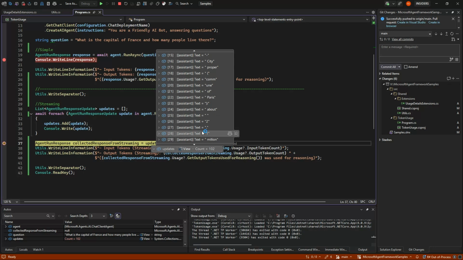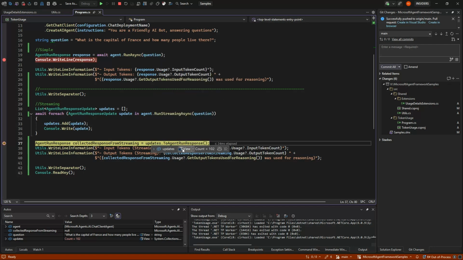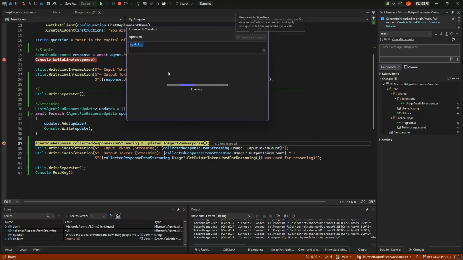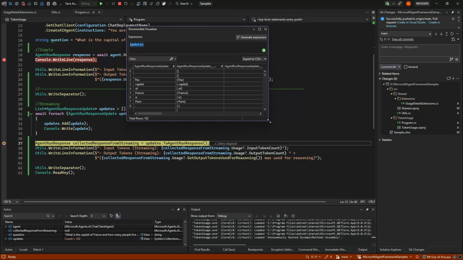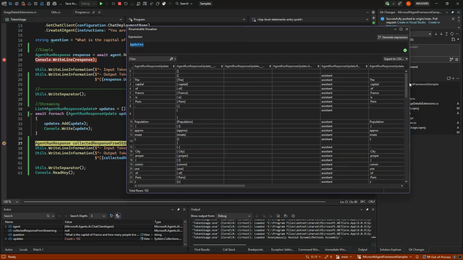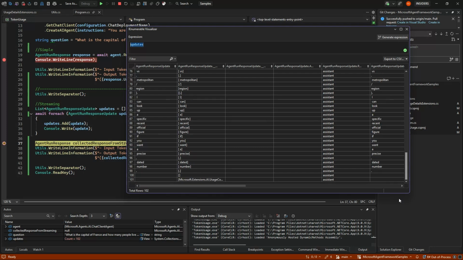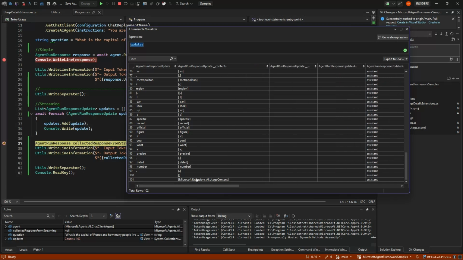Let's actually just press view here so we can see them in the visualizer instead. Then we should be able to see that the last one here is actually not text, but a usage content instead.